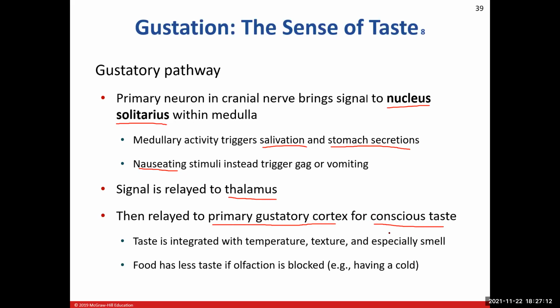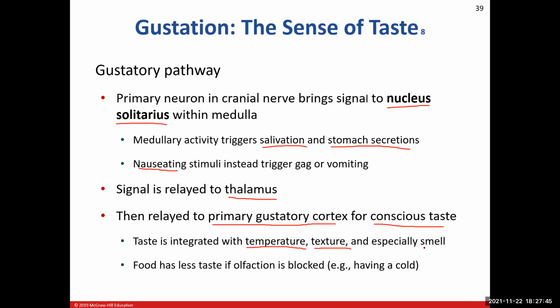In addition to that, you will also get information on how hot or cold whatever it is that you're tasting is, and what the texture of it is. I've talked to many, many people, and several people do not like to eat sushi based on texture. Well, guess what? That information is going to be transmitted from those sensory neurons in the mouth and in the tongue all the way back here to the primary gustatory cortex.